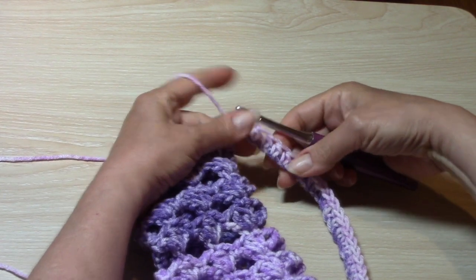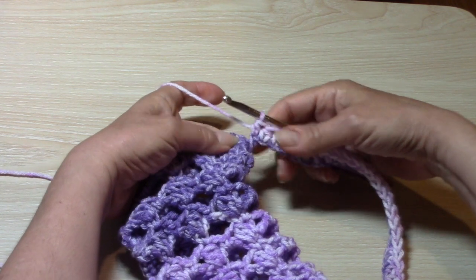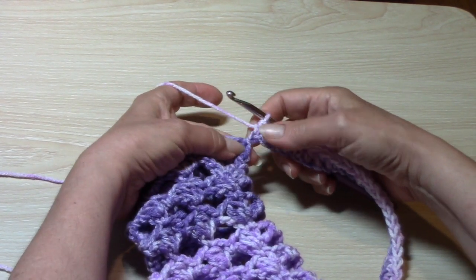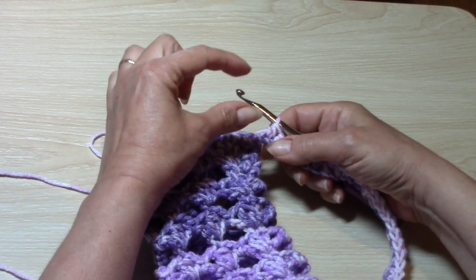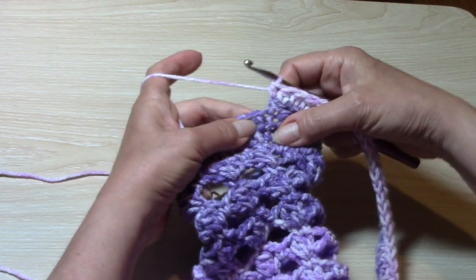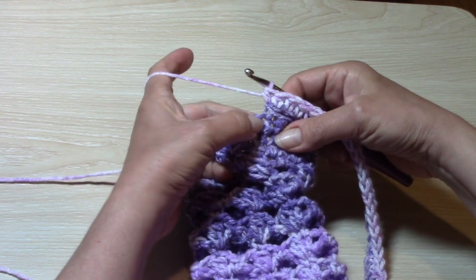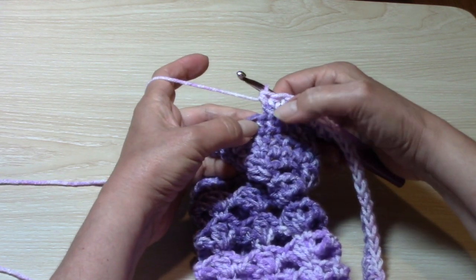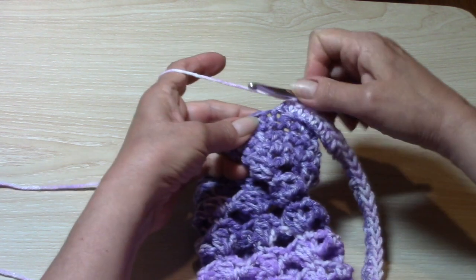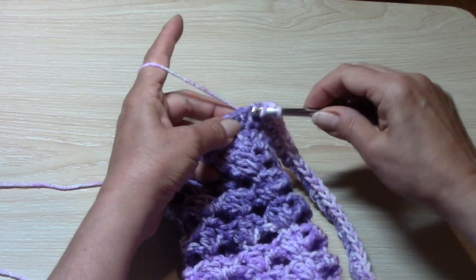Okay, I'm down at the other end of my chain with all of my half double crochets. When you get to the end, just make sure you work one into that very last chain. Sometimes they can get a little bit squished down. All right, and now in the stitch just below the chain, the stitch that you slip stitched into when you came around, go ahead and work a half double crochet into that same